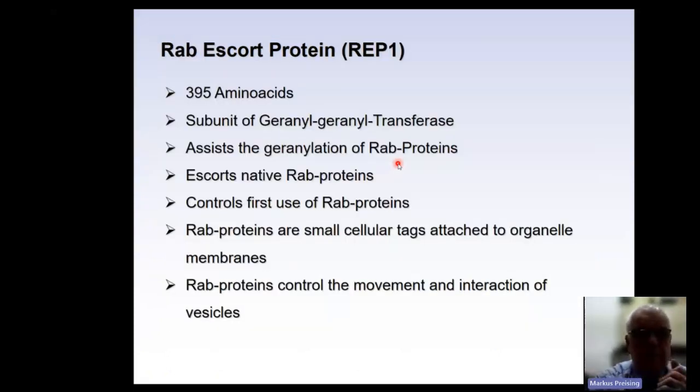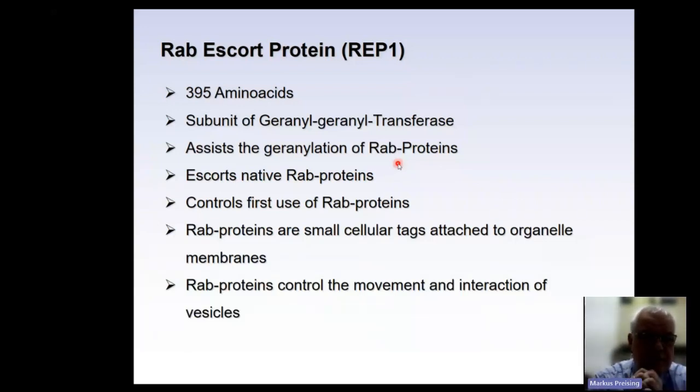The Rab escort protein, which is a gene product of the CHM gene, is made of 395 amino acids, and it's part of the geranylgeranyl transferase, which assists the prenylation of Rab proteins. This gene product of the choroideremia gene escorts native Rab proteins to their first use, and it controls these Rab proteins at their first use. The Rab proteins are very